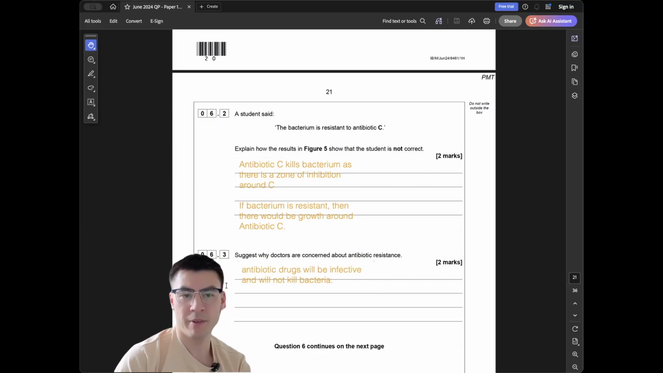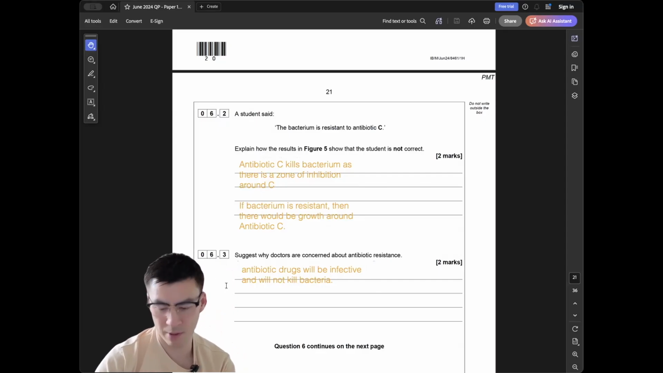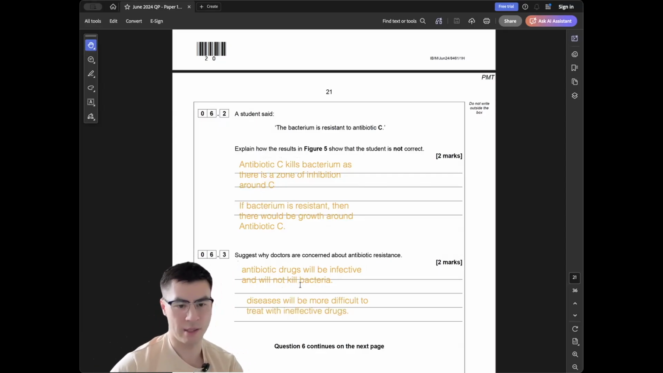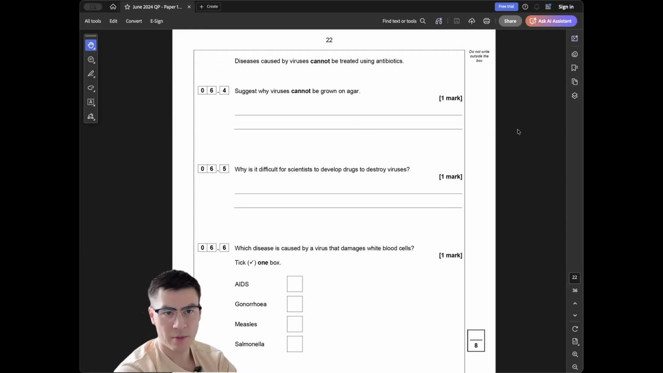OK，咁 antibiotic drugs will be ineffective，跟住就殺唔到啲 bacteria 啦。OK，第二分你一定要講係個 diseases will be more difficult to treat，因為啲 drugs 唔 effective 啊嘛。OK，diseases caused by viruses cannot be treated using antibiotics. Suggest why viruses cannot be grown on agar. 你記得 how virus work 就佢一定要 invade 咗個 cell，咁佢先可以做佢嘅 reproduction 係咪？咁 agar 嗰度係冇 cells